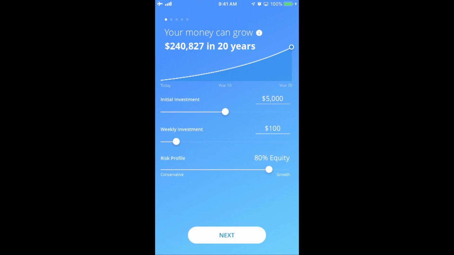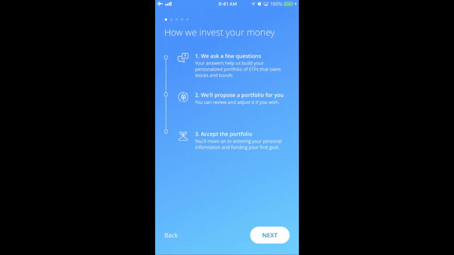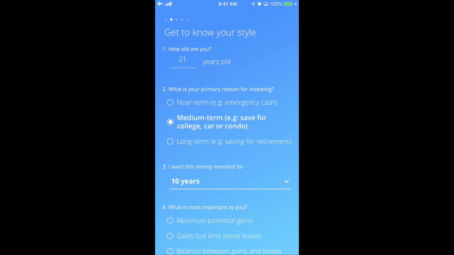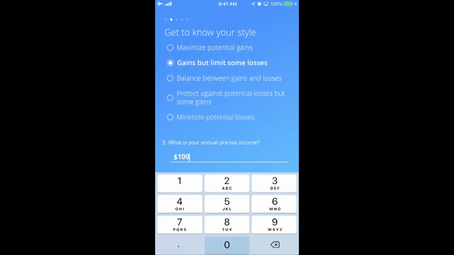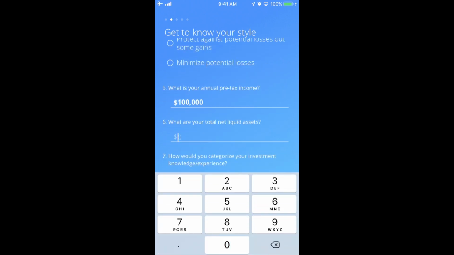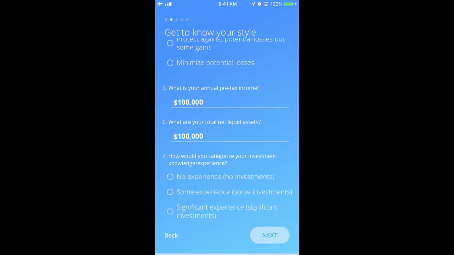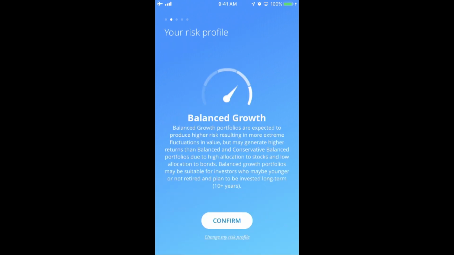Now, one of the first things that people who've never invested don't understand is the power of compounding. So if you imagine you're starting with just something like a $100 initial investment and a couple of Starbucks coffees, over 20 years, that can actually amount to a pretty sizable nest egg. Now, what we're going to do here is basically ask a couple of questions to understand how you think about risk, and to understand your financial circumstances. Enter some details here, and that gives us a basic risk profile here.